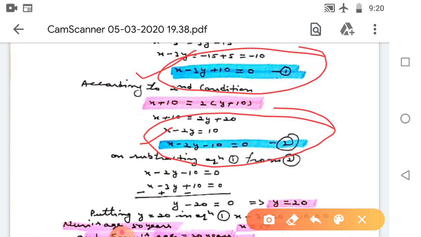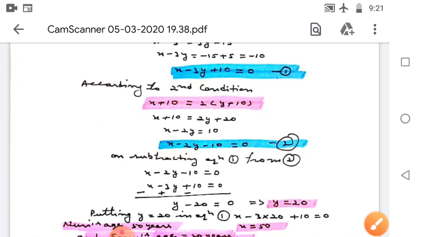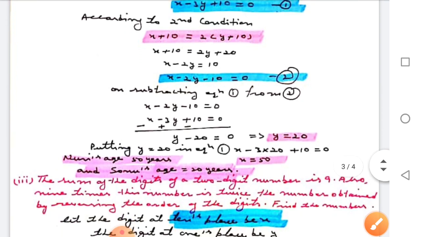So on subtracting equation 1 from equation 2, since we are subtracting, we need to change the signs, and finally